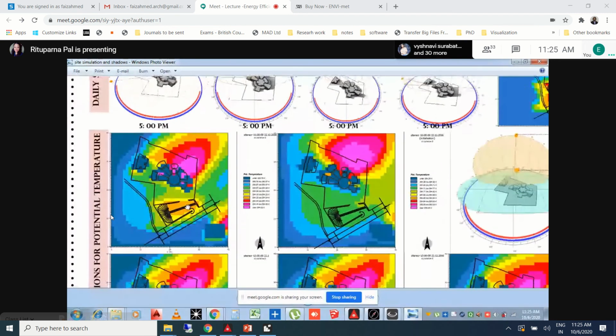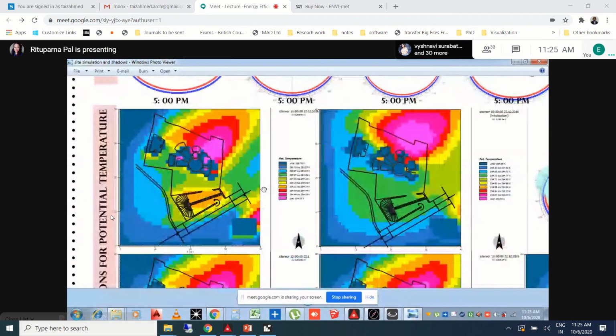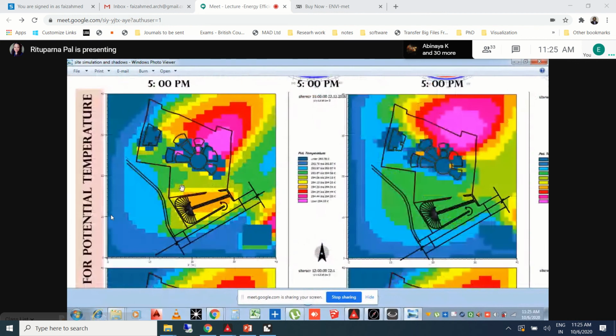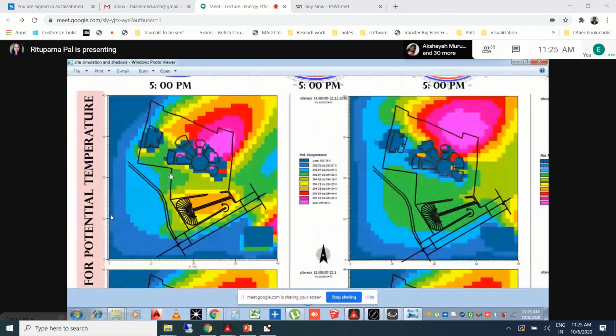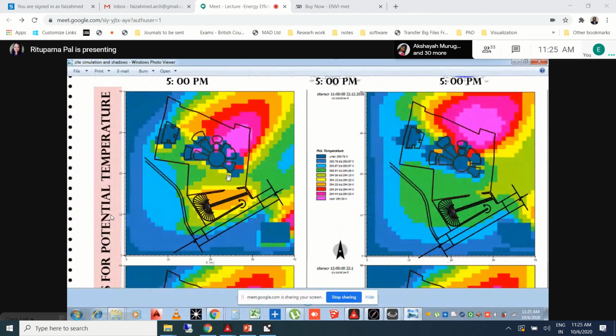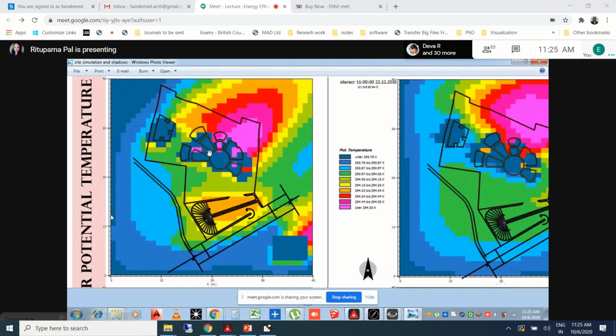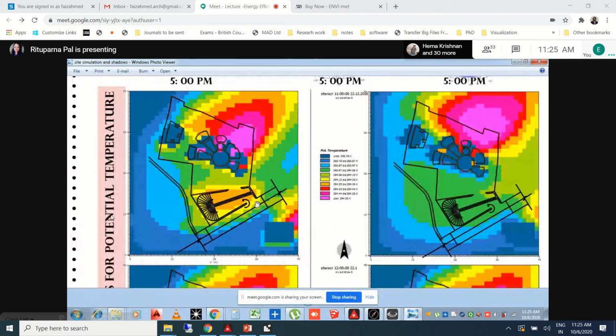So, for example, if this is my site, as you can see, this was my site, which was of a recreational center. This was a ramp which was going down and the main road. This was the site, these were the buildings. And Leonardo will give certain results like this.